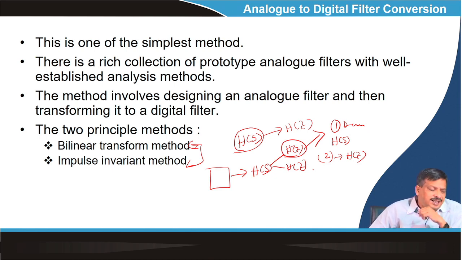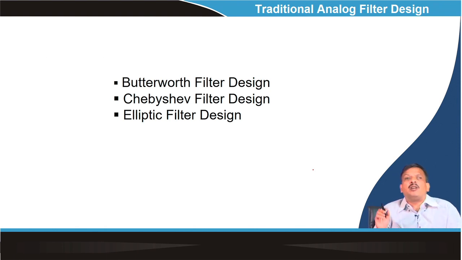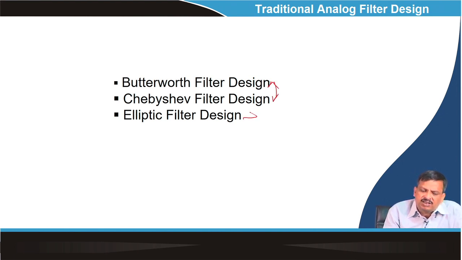Okay. So, let us first talk about how to design an analog filter. In this lecture, I will not cover the details, but I will summarize what is there and how it can be used to design an analog filter for a given specification. There are 3 methods: Butterworth, Chebyshev, elliptical filter design. I will cover these 2 methods. You can see them from the book, because analog filter design methods are taught in many classes. I do not want to lengthen it, because it would require another week of lectures.